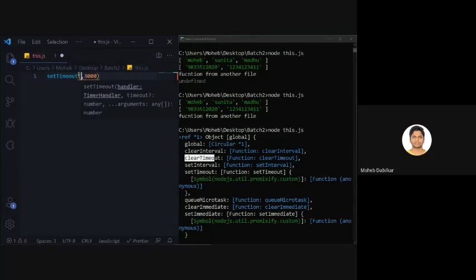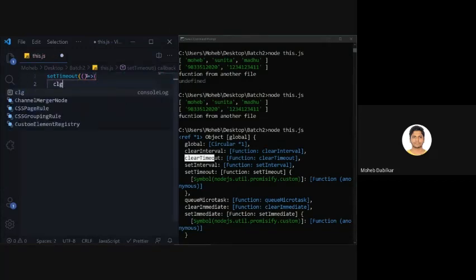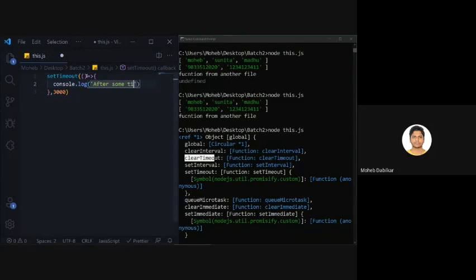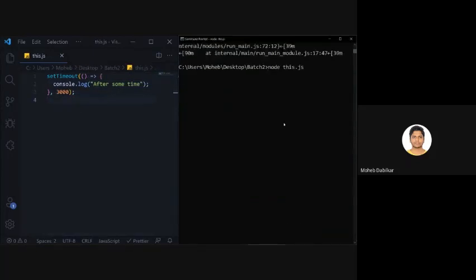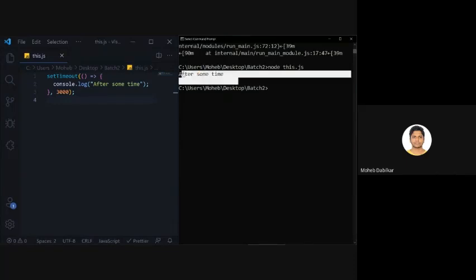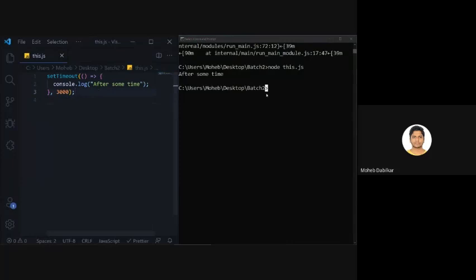Before that it takes in a function, and we can say console log after some time. Now if I save this and run it, it will log it out after 3 seconds. You see, it says after some time. Let me just do it one more time so that you can see. Now that we have started running it, it says after some time.